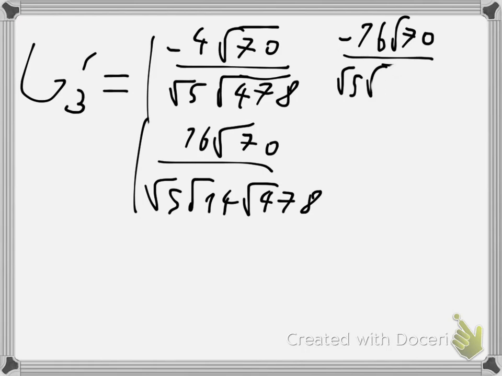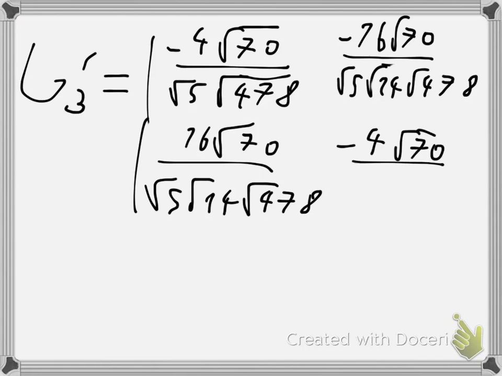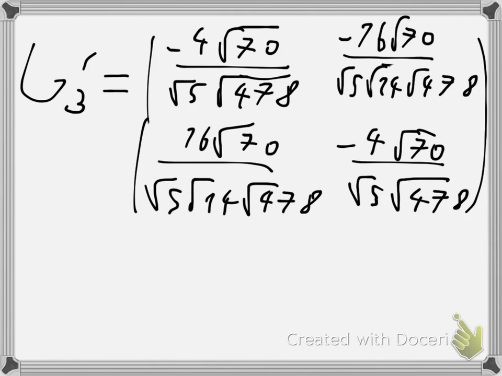Okay. And here negative 4 over square root of 70. Okay, and so